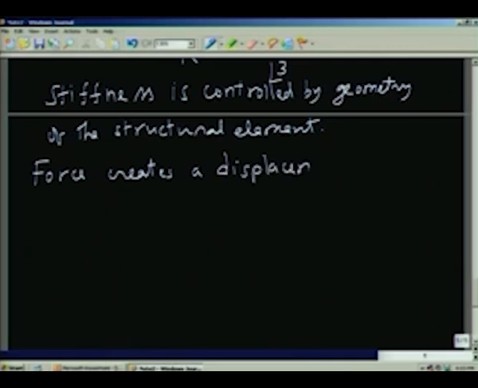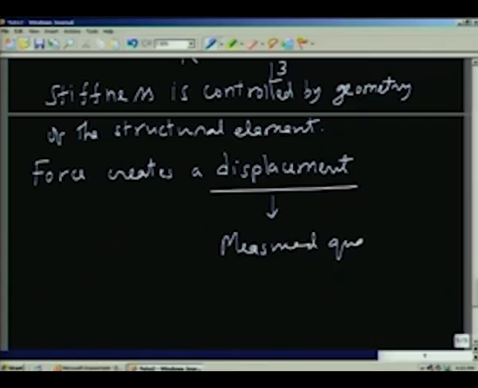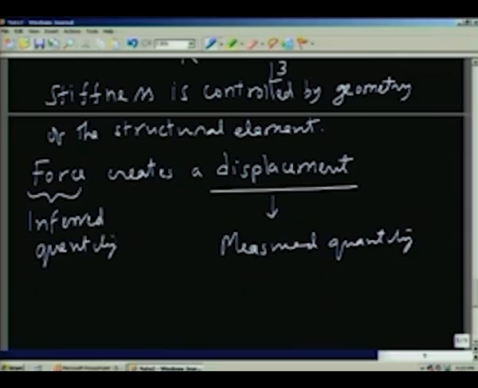and in our terminology of measurement, displacement is a measured quantity. So, this is just to highlight that the displacement is the measured quantity and the force is the inferred quantity. So, we are measuring force, or inferring or estimating the force, by measuring its effect in terms of a displacement. So, this actually is a transducer, as you can see. You are converting force into a displacement and therefore, it is a transducer.